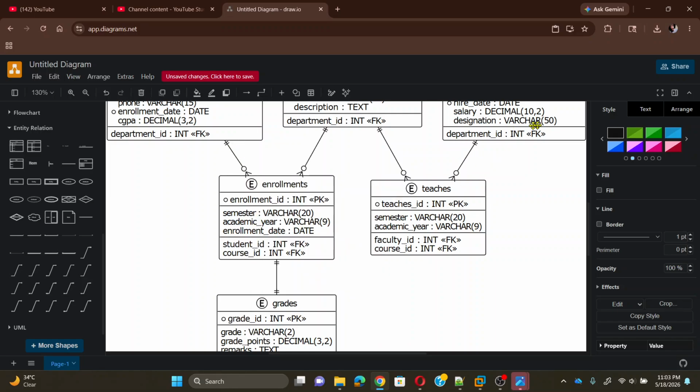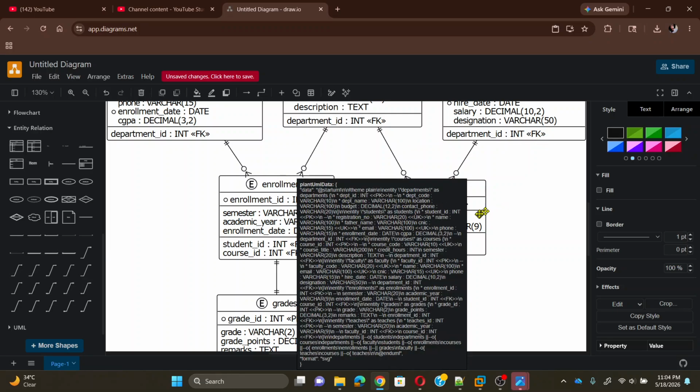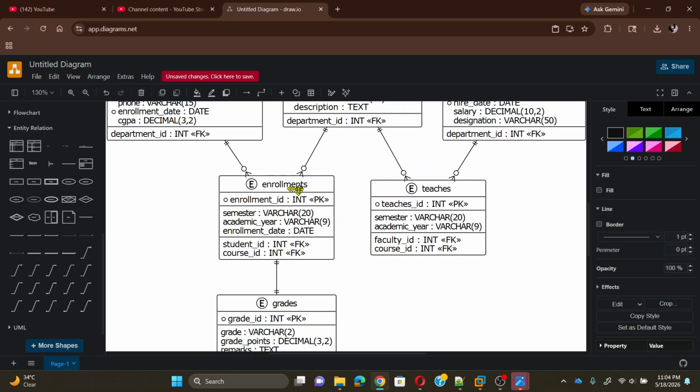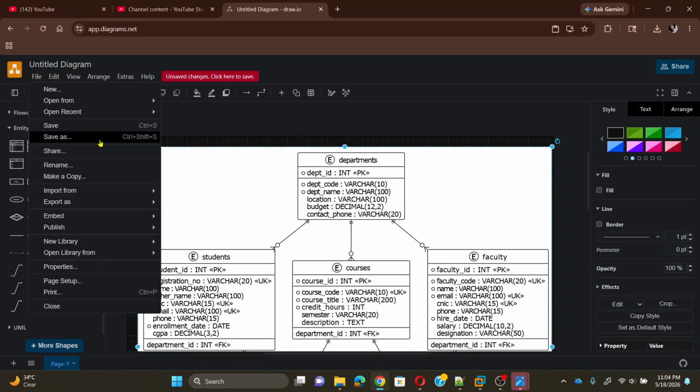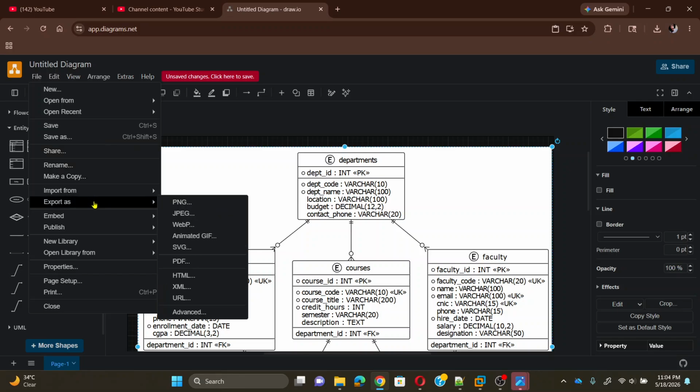So here the department ID is set as foreign key and primary key. So these are actually very interesting ways of drawing the entity relationship diagram, and we can save this, sorry, export